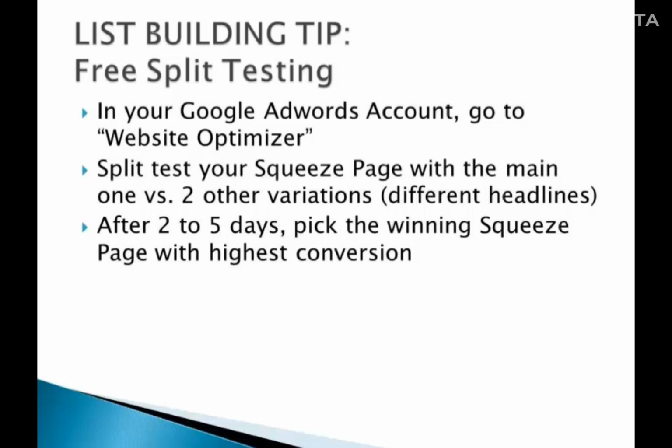There is a school of thought that the squeeze page is considered to convert very well when it's converting 20% and above, which means for every 100 visitors going to your page, you can convert 20 of them to subscribe to your mailing list. That is a decent conversion. 30 to 40% would be considered good, and anything above 40% would be considered phenomenal.